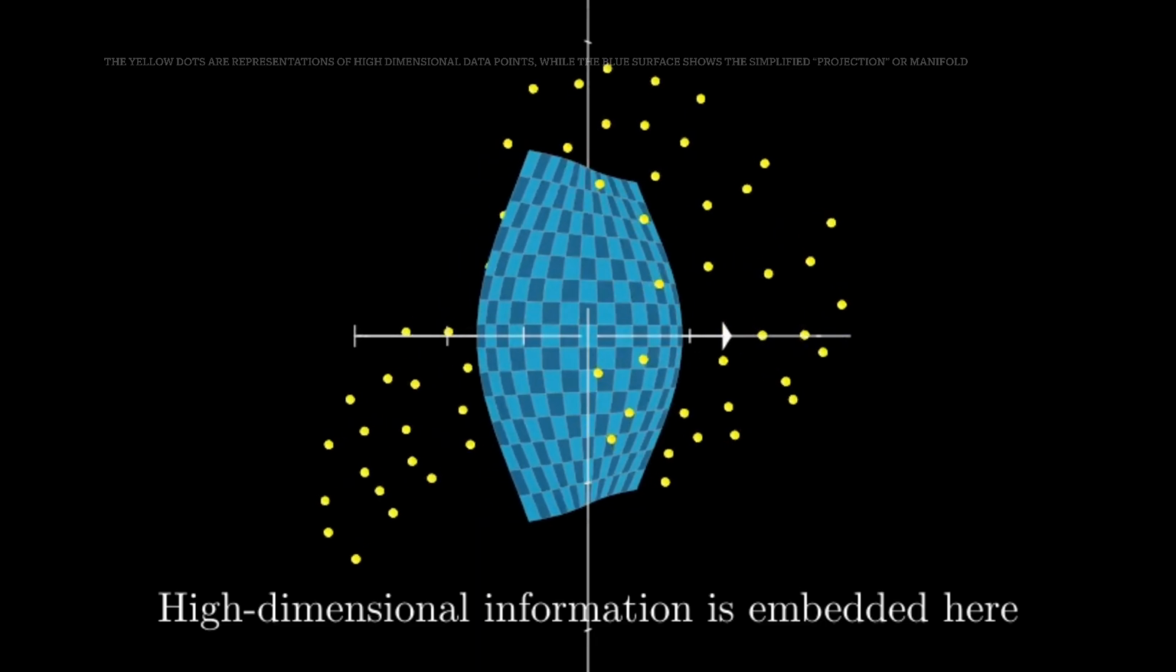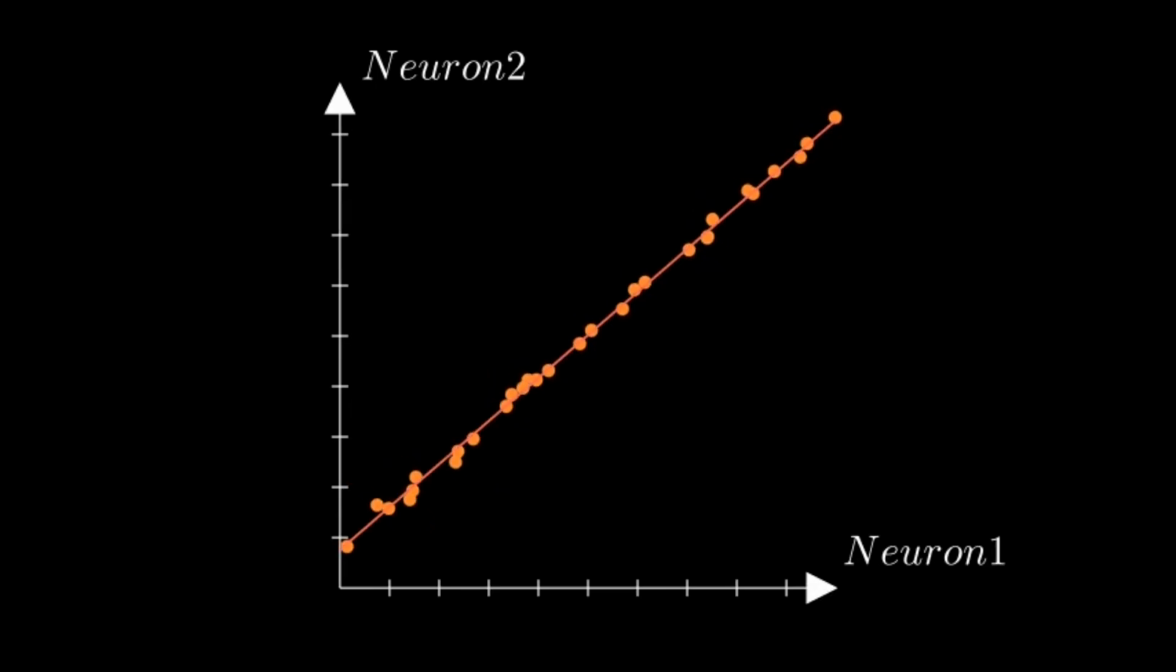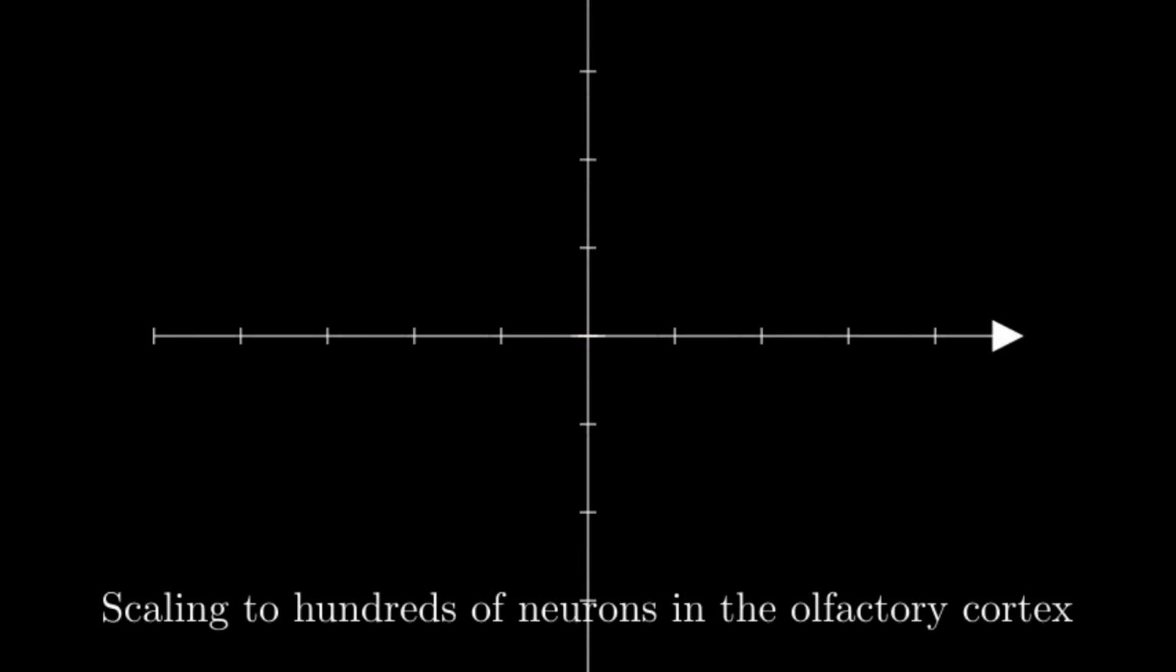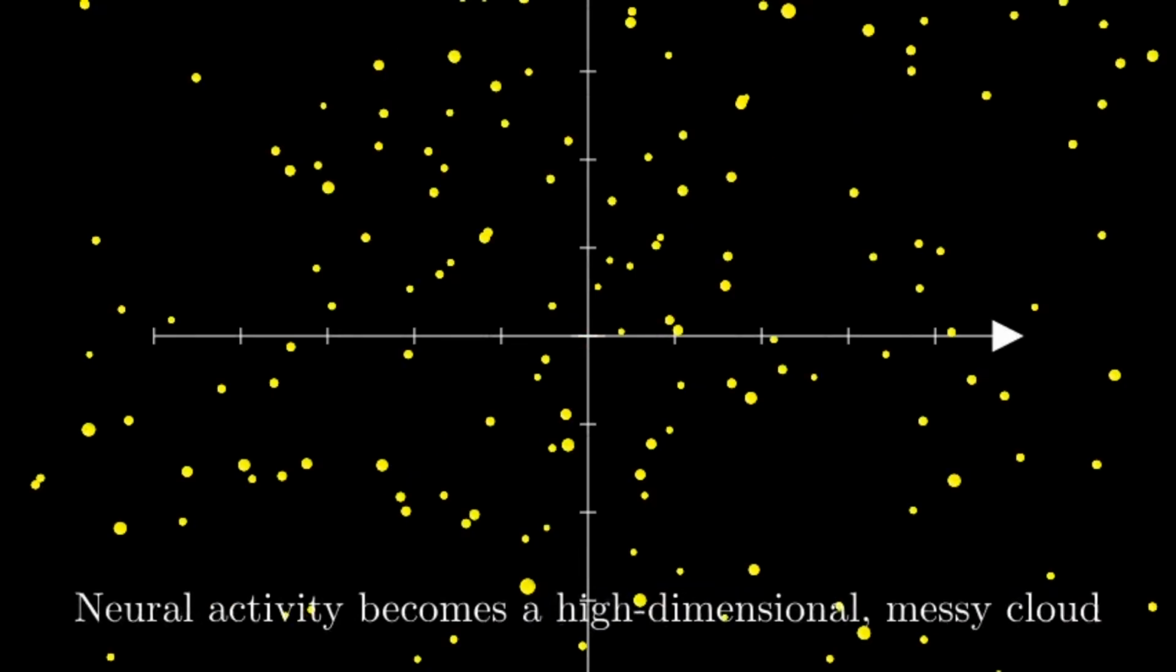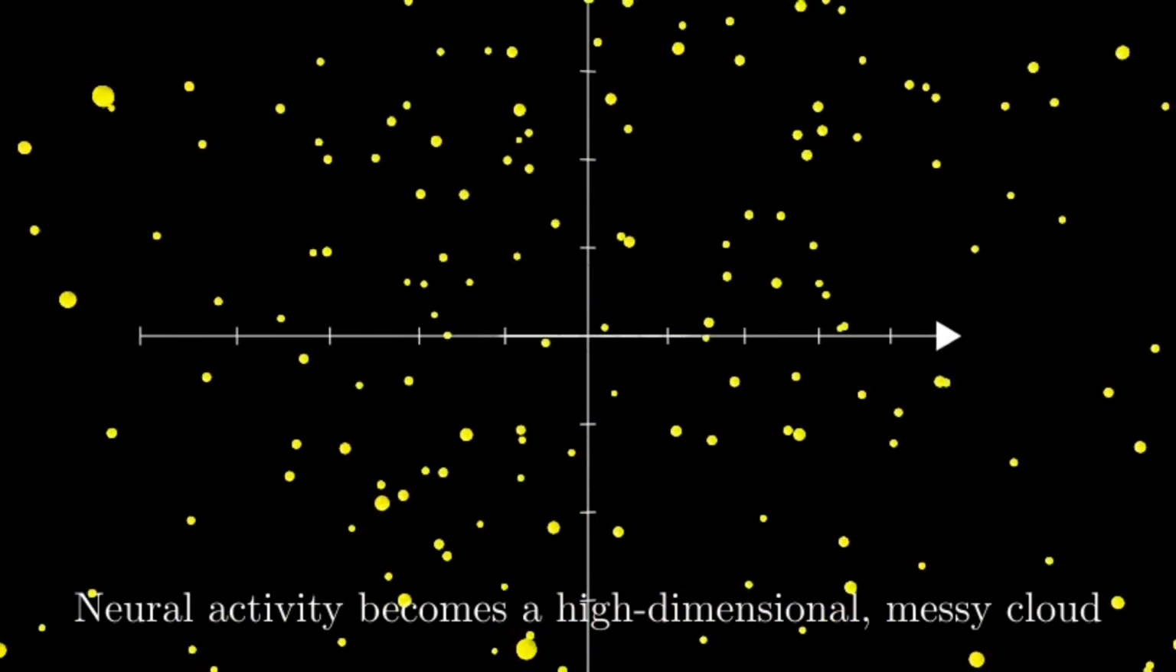For instance, plotting the activity of just two neurons against each other over time shows that, despite fluctuations, points tend to follow a line that captures the main relationship. Deviations from this line reflect noise rather than meaningful signal. Scaling up to hundreds of neurons in the olfactory cortex, the raw high-dimensional data becomes a messy, almost uninterpretable cloud